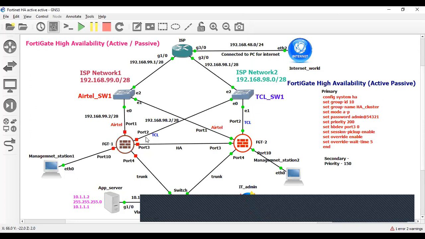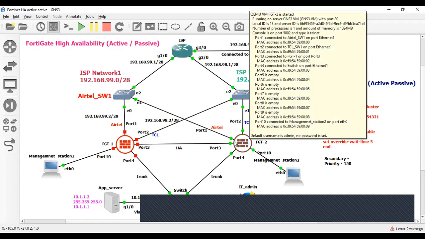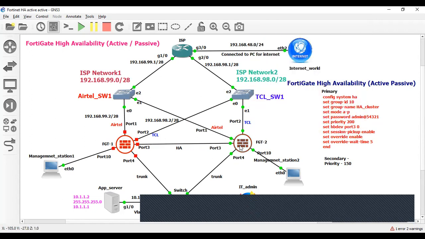As you can see, the firewall is down, but traffic is still moving through the link. There is load balancing on this firewall because I have also configured SD-WAN load balancing. So as you can see, the traffic is moving via the secondary firewall, right?